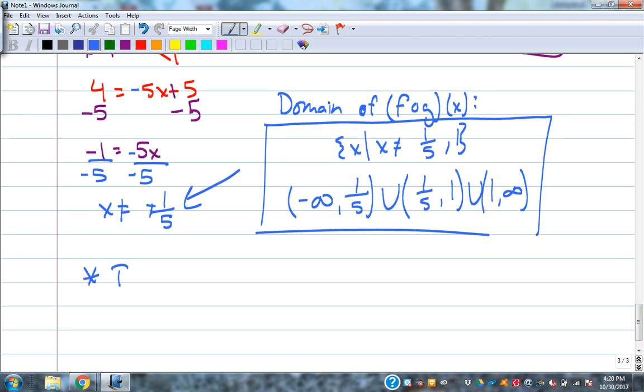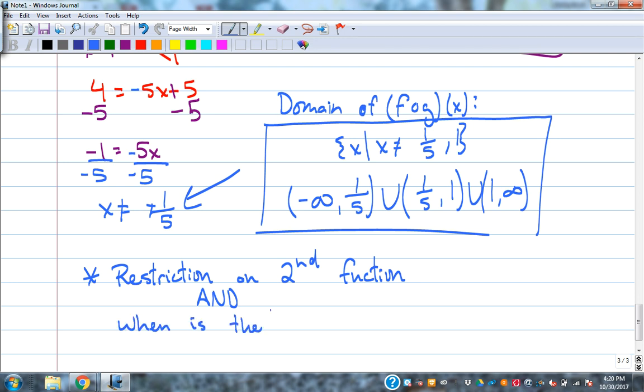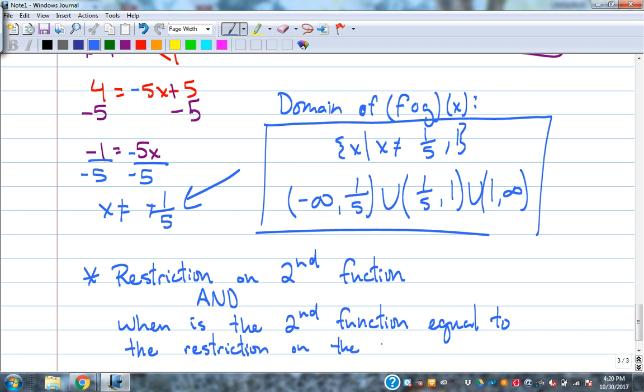So, restriction on second function, and when is the second function equal to the restriction on the first function. And that's in your composition statement, the order that's